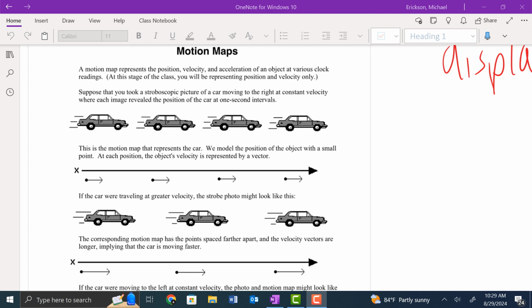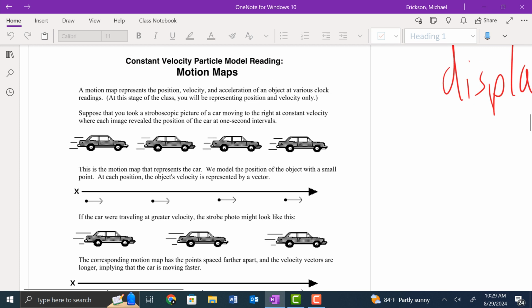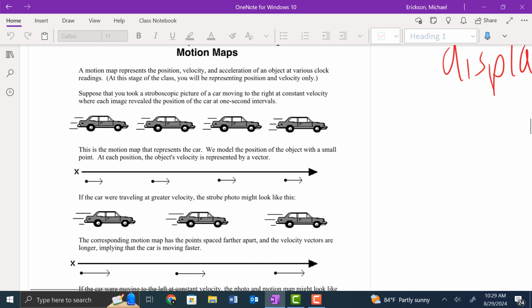Okay, so hopefully you've read these pages before I explain them. You should read them first because you'll get a lot more out of it. So, motion maps, as you must have read so far, is that essentially we are representing objects' motions on this